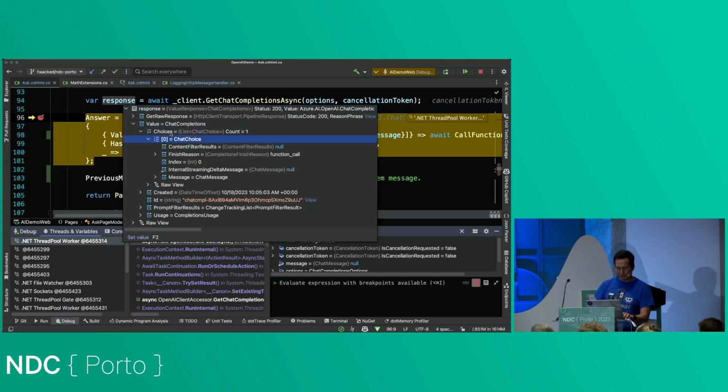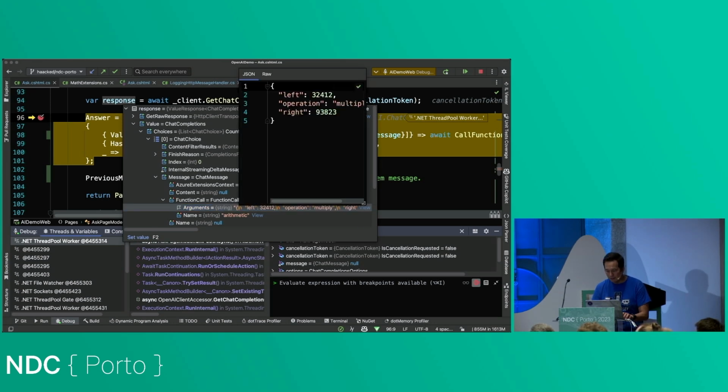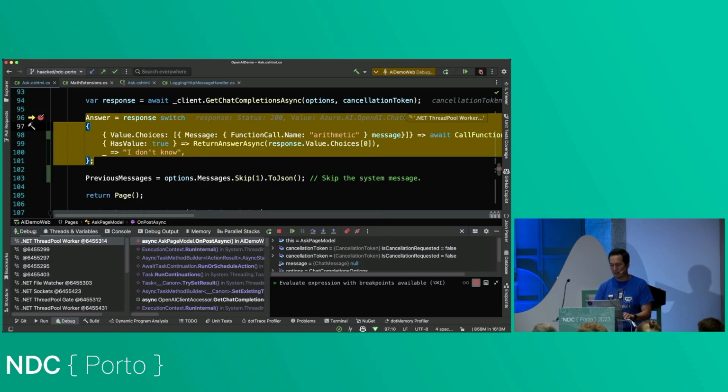There's a single choice, chat choice. So we see the finish reason is a function call, and the message is a function call, and there's our argument. So I can't zoom in. So we can see that's the response it's giving us. Hey, please call this function with these arguments, right?